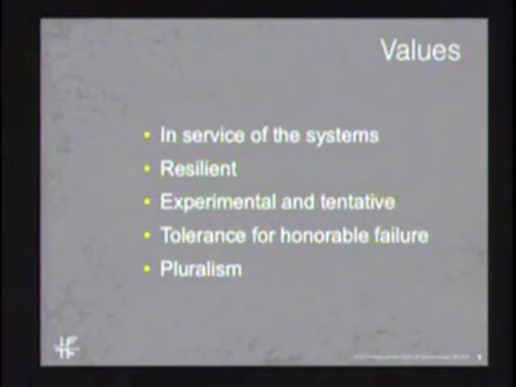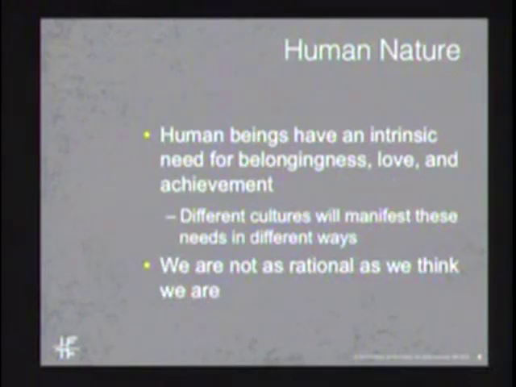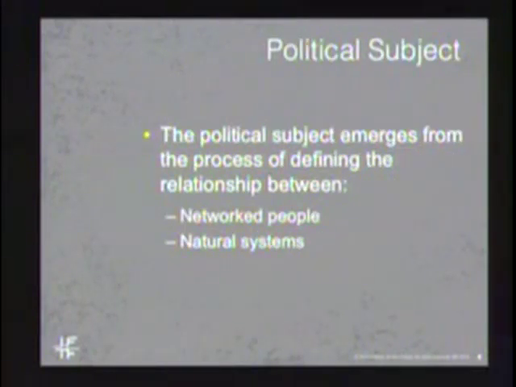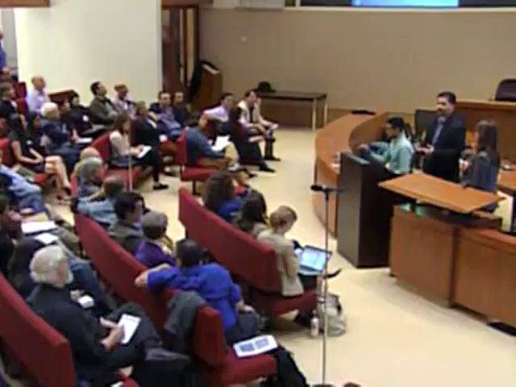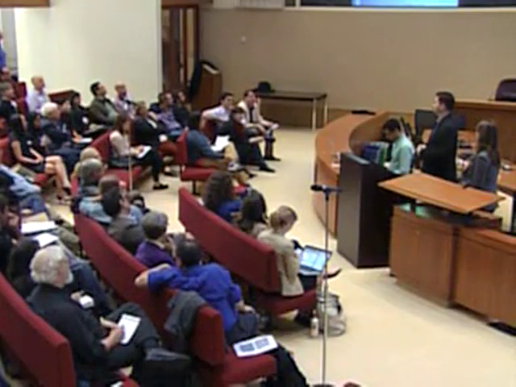And then in terms of looking at who would be the political community, who would be the citizens, who would be the political subjects under this kind of system, we started talking about individuals, and we had actually a lot of debate about individuals versus the system. Complex systems thinking is about seeing the system, so you're seeing the whole. In fact, it's often more important to understand the relationships than it is the individual actors. We had a little bit of debate about the actual role and position of individual human beings. We came away talking about networked people. I think a lot of that has to do with fundamentally understanding people as part of a network and as part of larger systems.